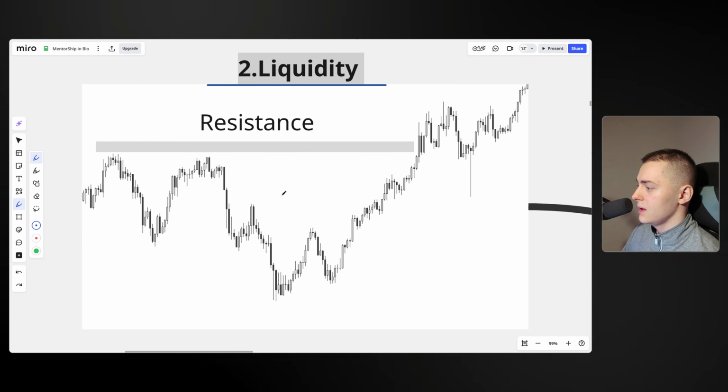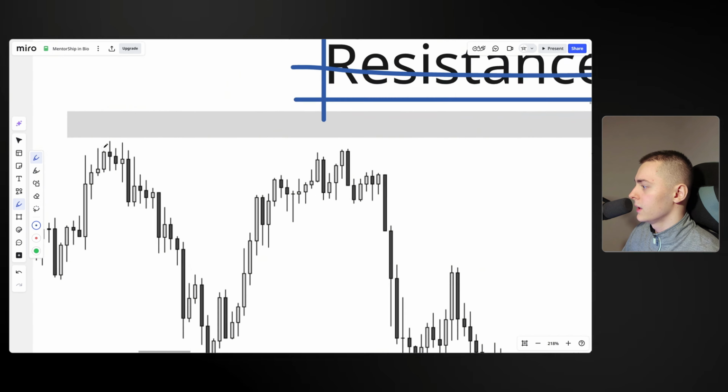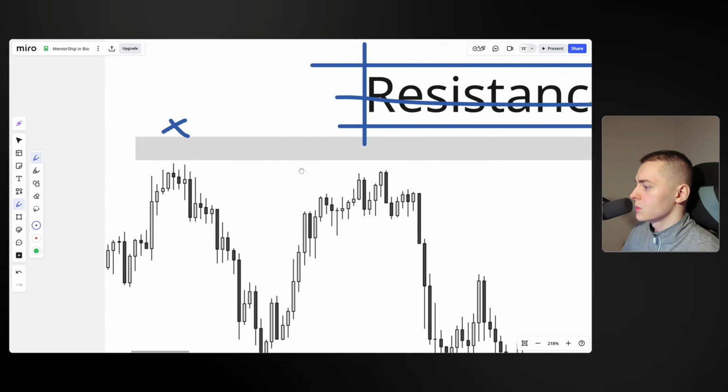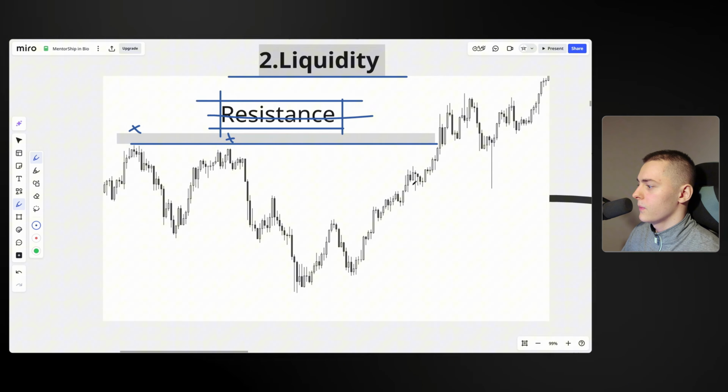That is a very common thing. That's why we have to identify high points of interest where liquidity resides. So we are not getting stopped out beforehand, but actually we are trading into the stop losses of other traders. So in the traditional way of trading, most traders see this as resistance, but that is wrong. These are relative equal highs. We have a swing high in there, another swing high in there, straight line from left to right. That is a swing high, and there is a bunch of stop loss residing above this level.